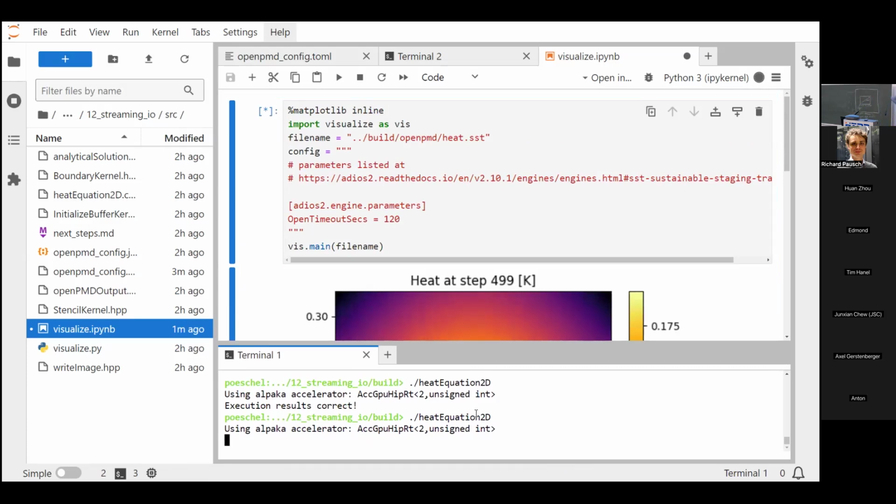Now the downside maybe is that we are blocking, so the visualization is significantly slower than the simulation is. So especially for visualizations where you really just want to have a sneak peek on what's currently going on,